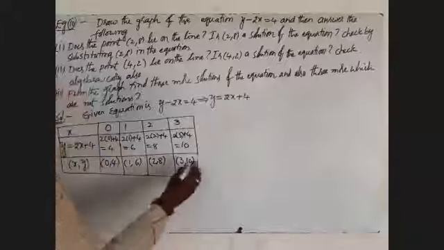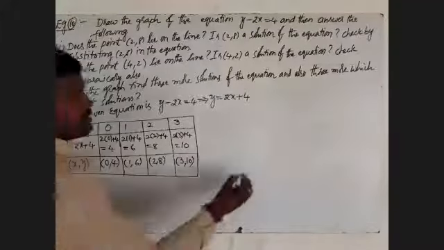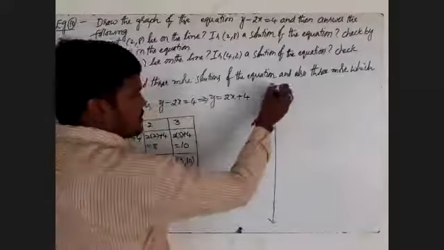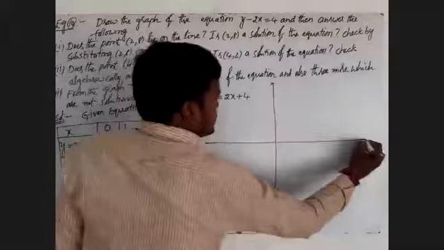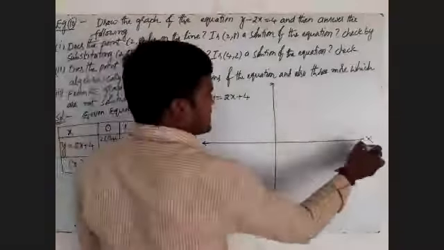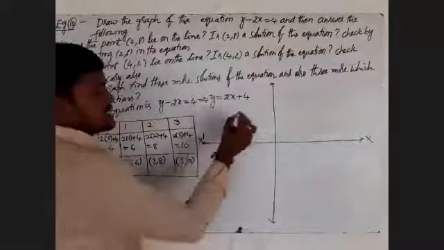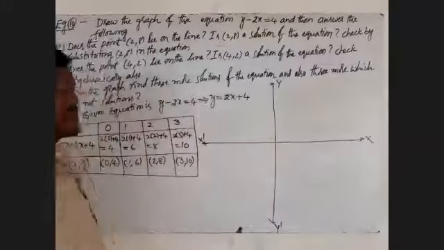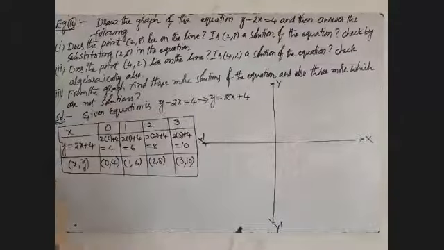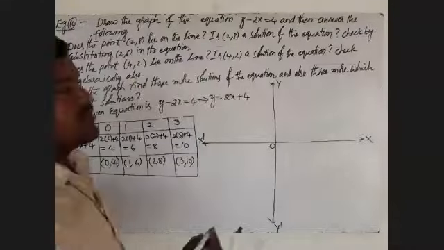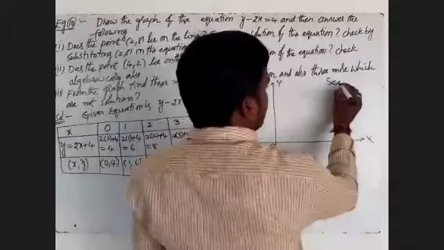First, we'll take the Cartesian plane. This is the given Cartesian plane. This is named as x, this is named as x dash, this is named as y, and this is named as y dash. We'll observe in this one. This is the origin. Name it as O. First, we'll write the scale of the given graph.